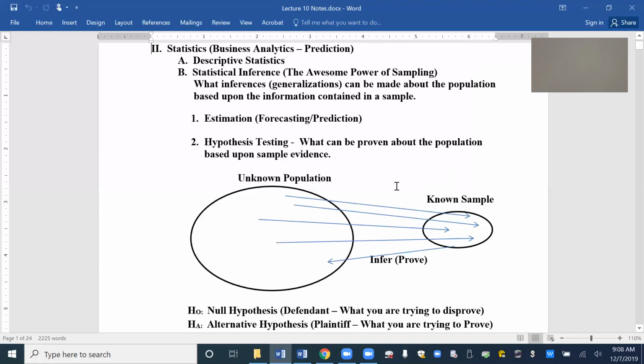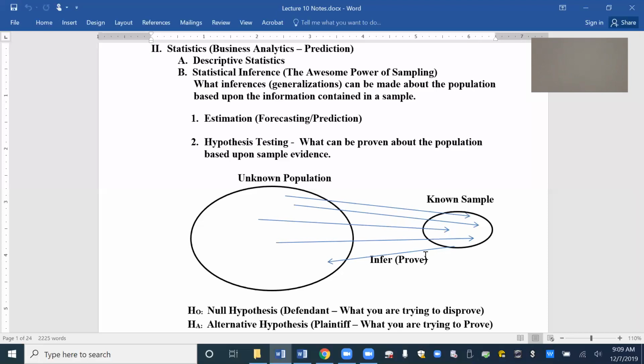In hypothesis testing, we have this unknown population. We draw a sample from it. And now we want to generalize, to infer something about the population. Our definition of infer for hypothesis testing is: what can you prove or conclude about the population? In our case study, we're asked to conclude or prove that Otto's going to make a profit by using some